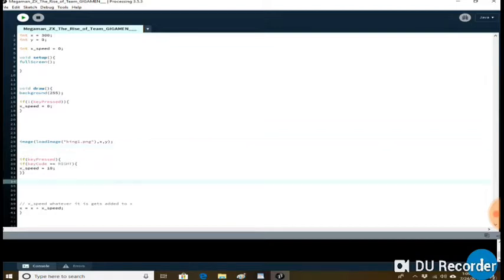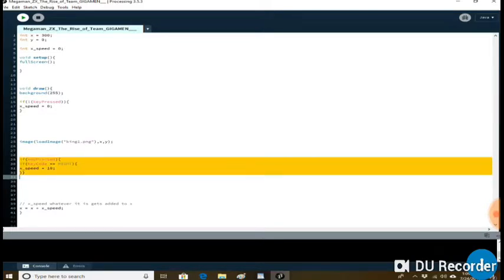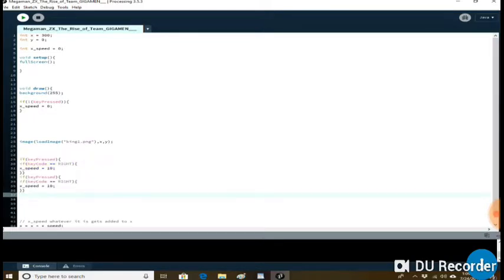Now that we got that done, we will make a left. Now to make a left key press, it's pretty much the same thing. Copy, paste. But instead of 10, because positive goes to the right, negative goes to the left, we're going to add a minus. Now if we click the program and go right, left, right, left, right, left, left, right, right, left, right, left, right, left,